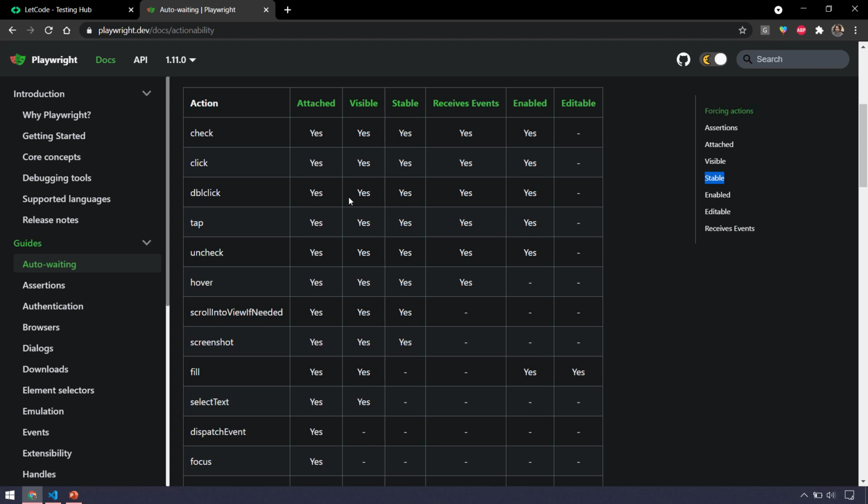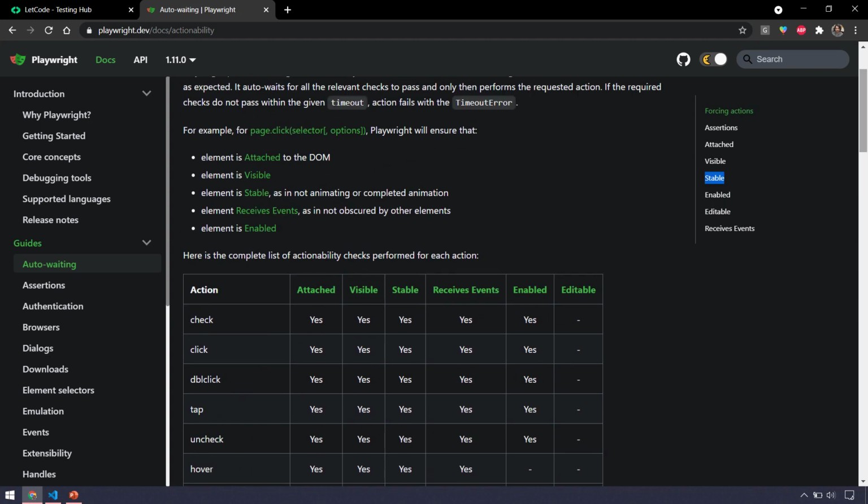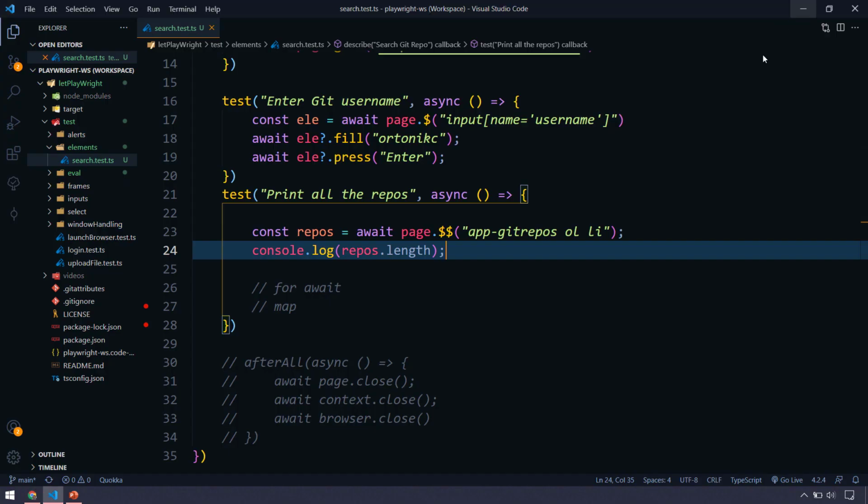As per my knowledge, whatever I have explored, it's very simple to understand. Whenever there are actions like we are going to click on an element, or hover, or fill, in the sense we are going to type something, then it's going to wait in most scenarios. But if you are trying to find multiple elements, or check multiple frame occurrences, then in that scenario of course we have to use the explicit wait. Now let's see how to use that.